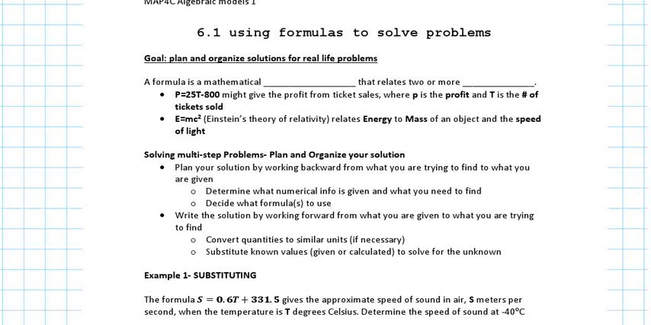If there's no equal sign, do you know what it's called? What is it called in math? Expression. When you don't have the equal sign, it's called an expression. When you have the equal sign, it's called an equation. Okay? So it's a mathematical equation